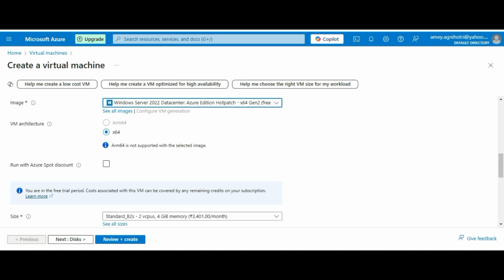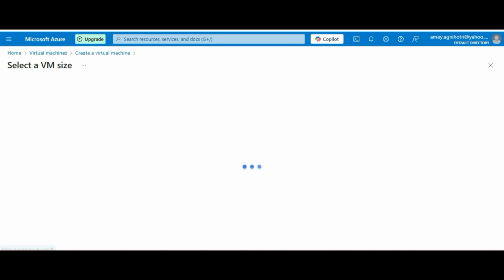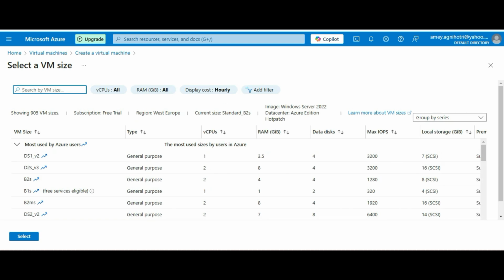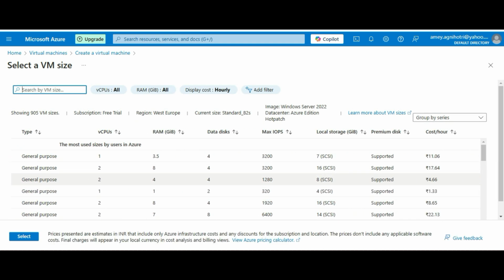Then we have to choose the size for the server. So I will keep the default size, but you can click on the see all sizes, and you can choose all the required sizes. And you will see all the details related to the size, virtual machine sizes. So you can select any one of those. So I will keep the default one as it is,